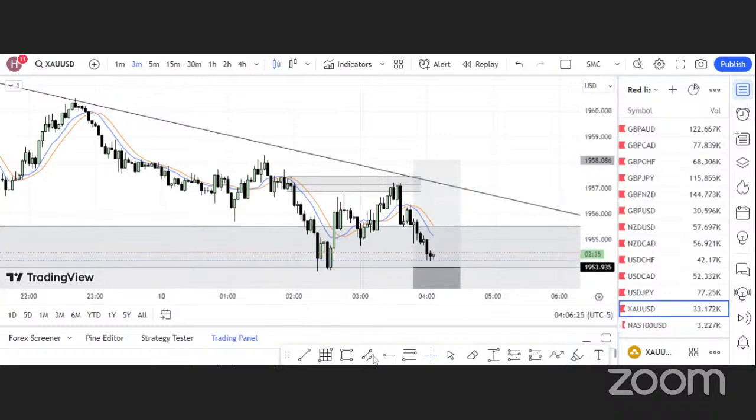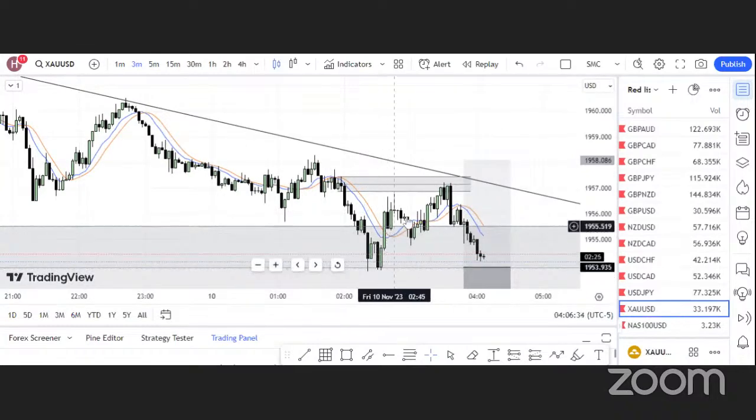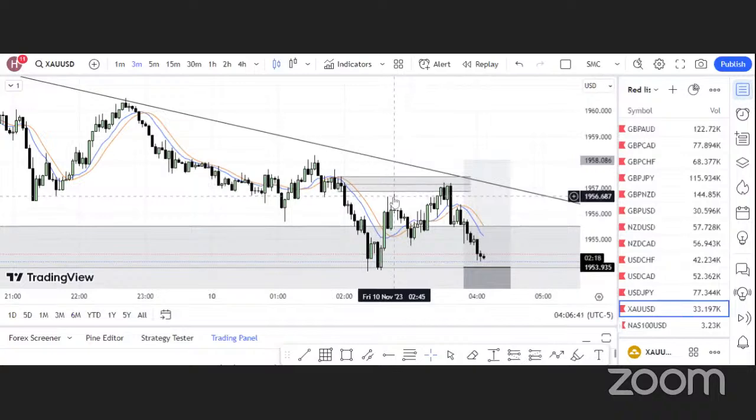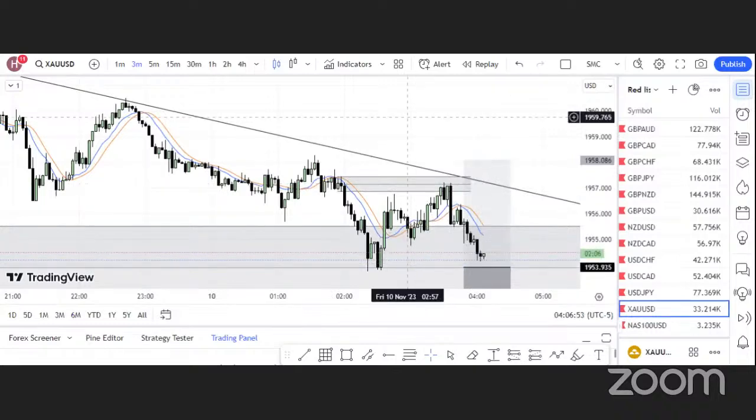Though it moved from the area previously, as you can see from here. So I took an entry from here. The market gave me all this move, and I took TP around this first area, because I thought the market was going to go down from here. Right now I'm waiting for another entry on the same zone, so let me see if it's going to respect it for the second time.